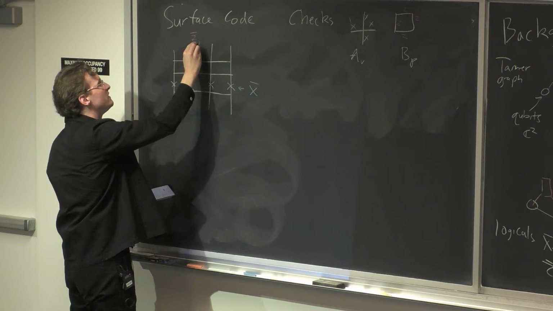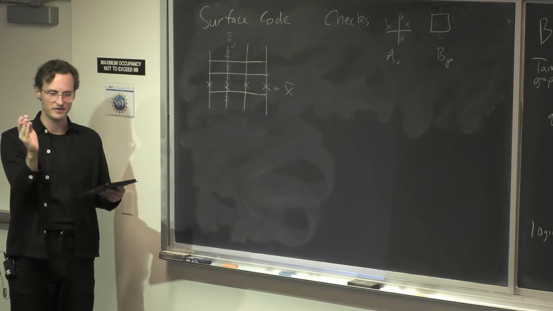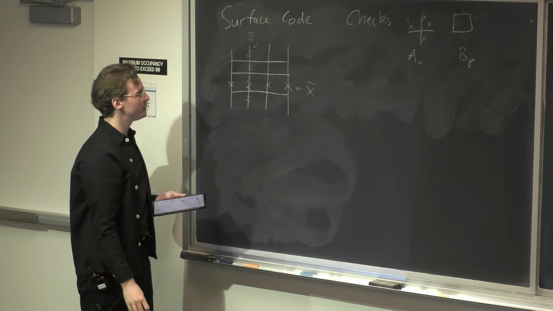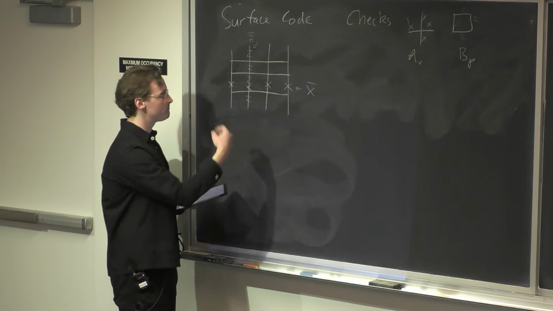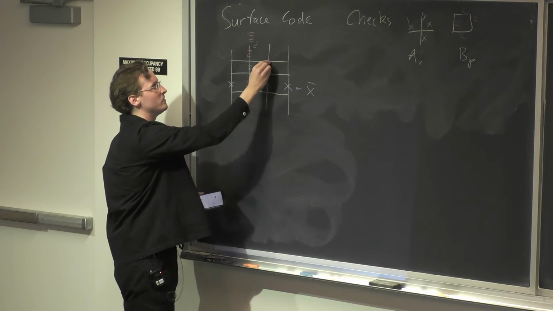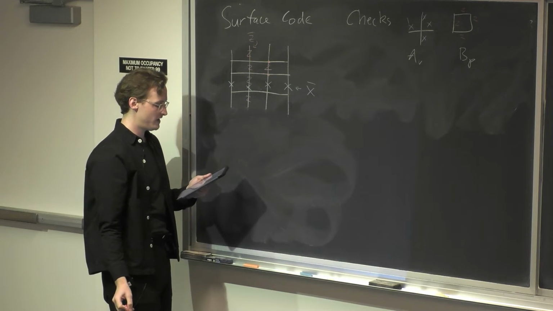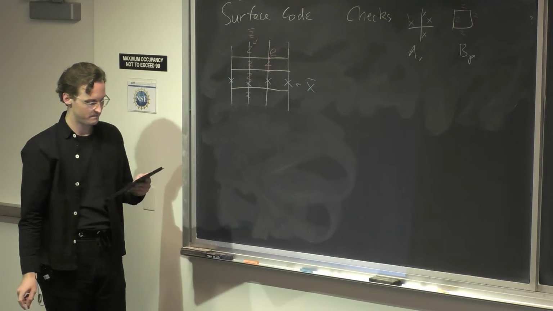And they will be deformable if I multiply them with the checks. So they're kind of these strings that I can wiggle around. One other feature of this that I want to talk about is that if you have a single Z operator in the bulk, you'll make some syndromes. You'll excite the surrounding vertex checks. And I'm going to call these E excitations,